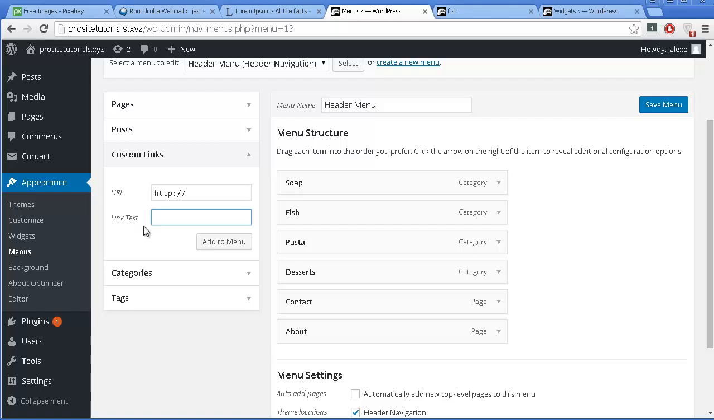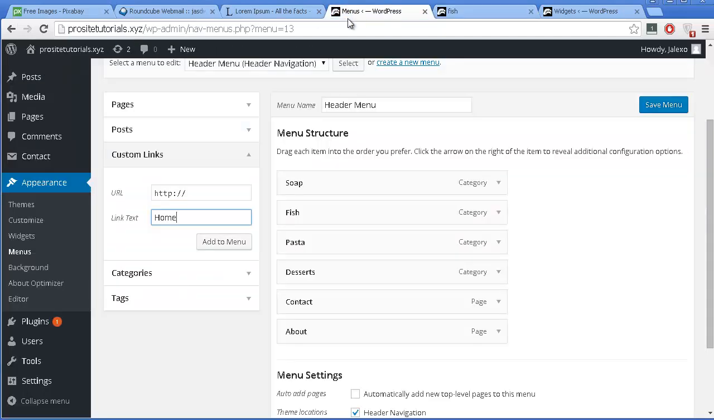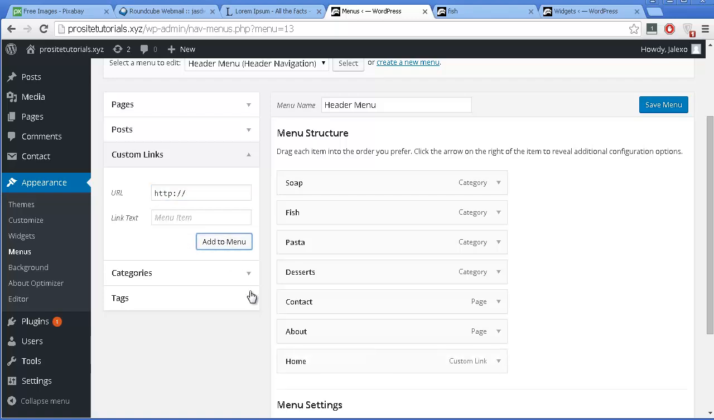First you give a link text, okay? You give a title to your link. And now what you do is you simply grab the URL from your website, you copy it, and you just paste it over here, just like that, and you add to menu. And commonly I like to put this one first, and just press save menu,